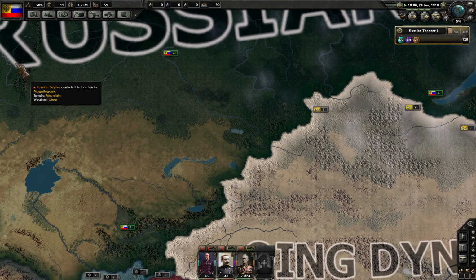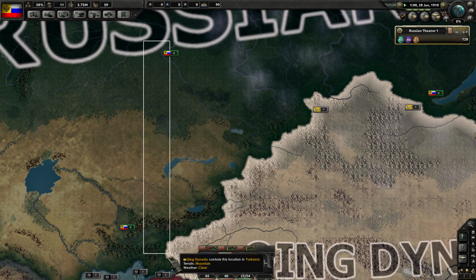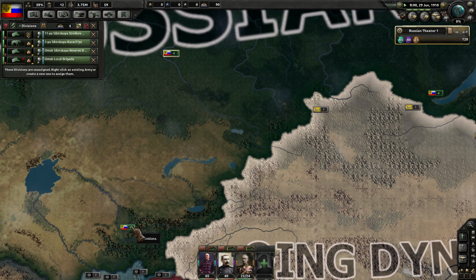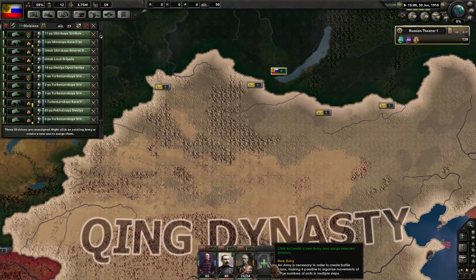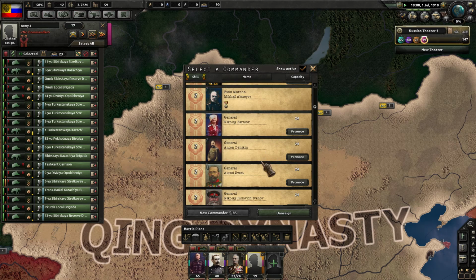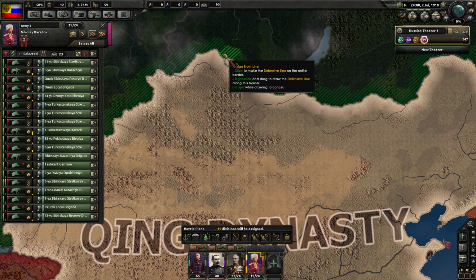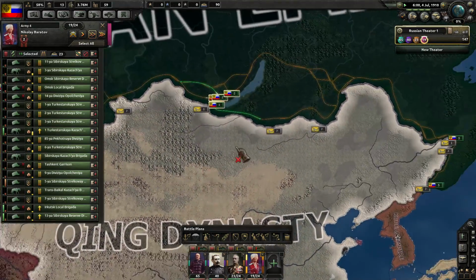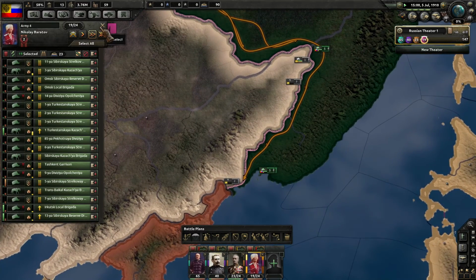So let's try to go something like this. It's not going to let me select all of them at once necessarily with a box. So let's go like this. This is going to be pink group here, and he needs a general. I'm going to give him sort of a crappier one here, Baratov. And his job is just going to be to guard the Chinese border there somewhat. And then I can actually add...